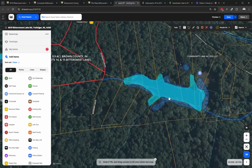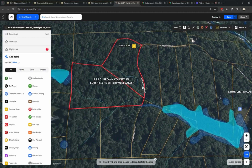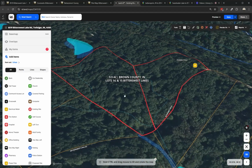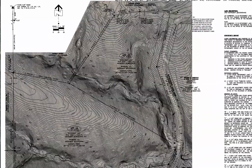This is a private community lake, and you can see that there's a lot specifically near the front of the subdivision that's going to provide you that access. And this property has a road frontage that's maintained, and it also has a couple of draws here. You can kind of see the terrain in a 3D view to get a lay of the land. There's a couple of draws where seasonal creeks will come through,